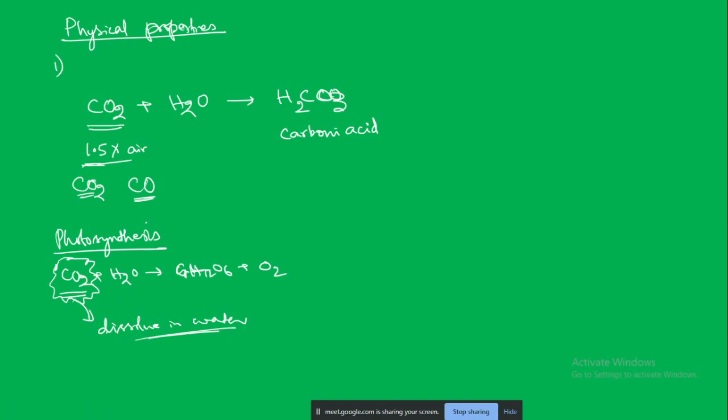And another thing is that of course any gas, if you lower the temperature of any gas, the state of the gas will change from the gas state to what state? To liquid state, and maybe to the solid state. The same thing here with the carbon dioxide. When we reduce the temperature, go up to minus 78 degrees centigrade, it will become solid.